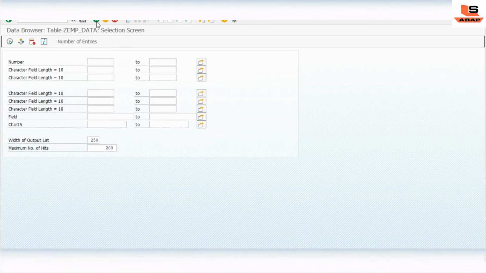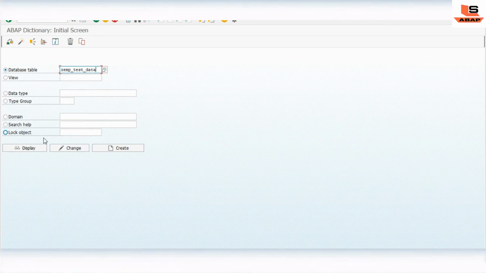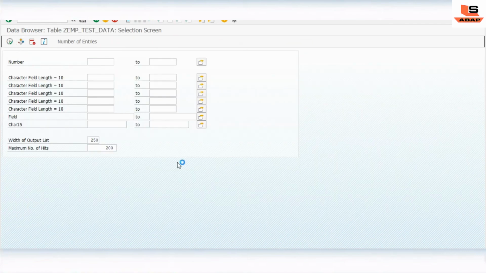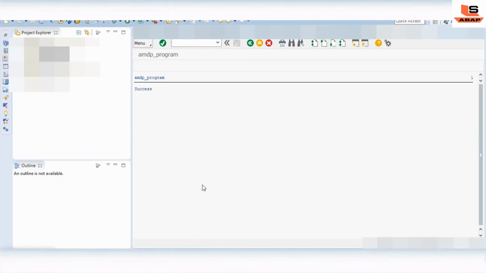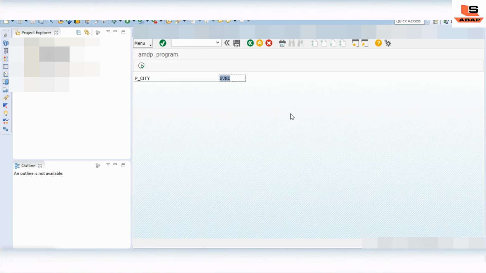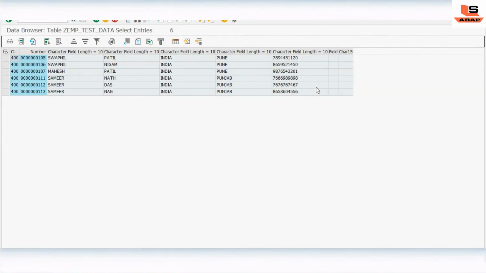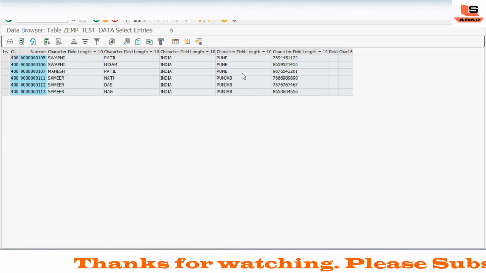As of now we have only 3 records inside this table, correct? Let's go back, enter Punjab and click on execute. As you can see, the success message. Now we have data for Pune and Punjab. So this is the way we can implement our AMDP class and AMDP method.